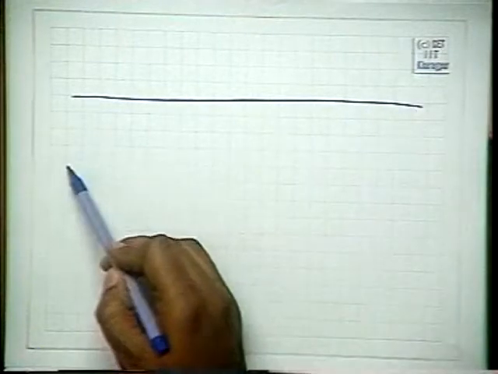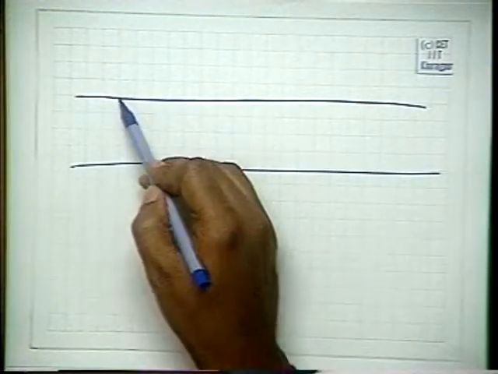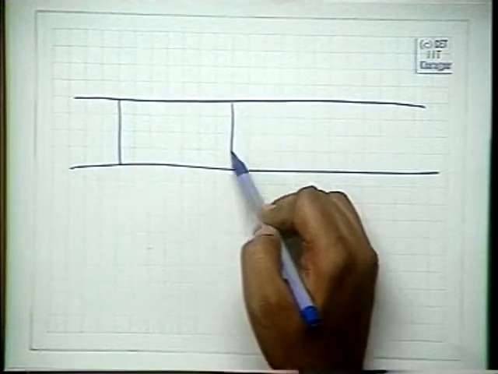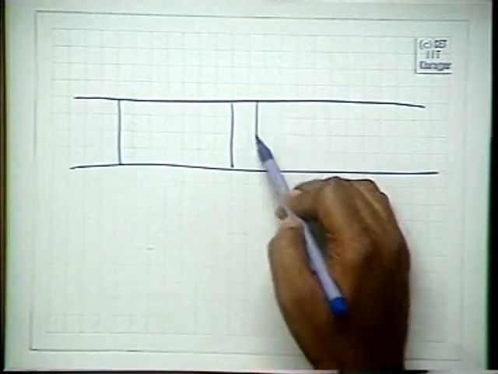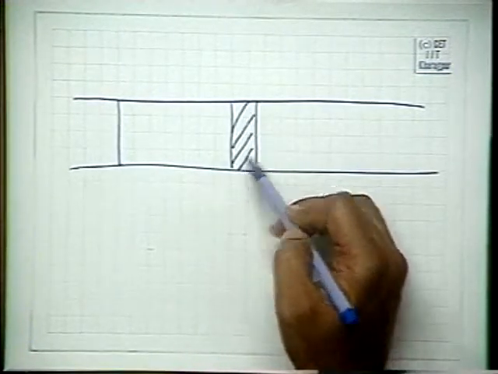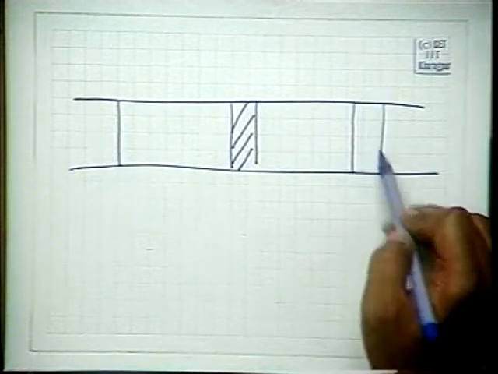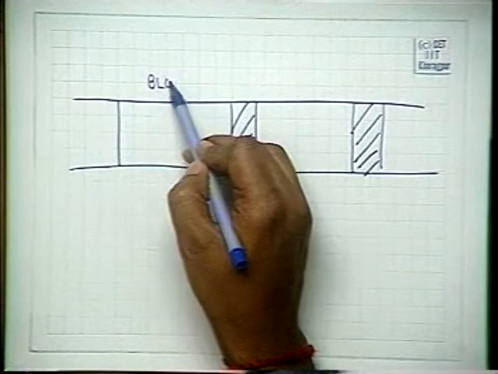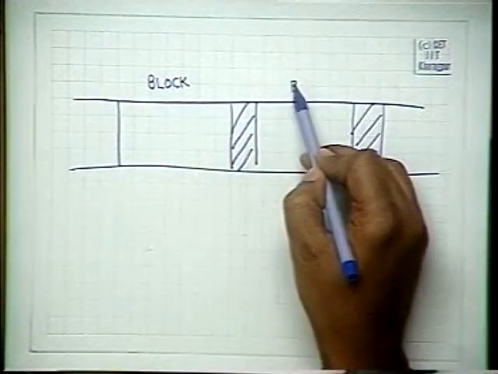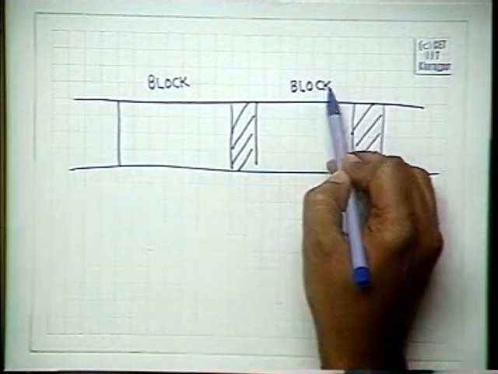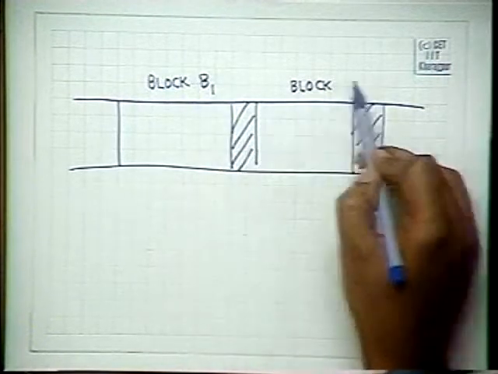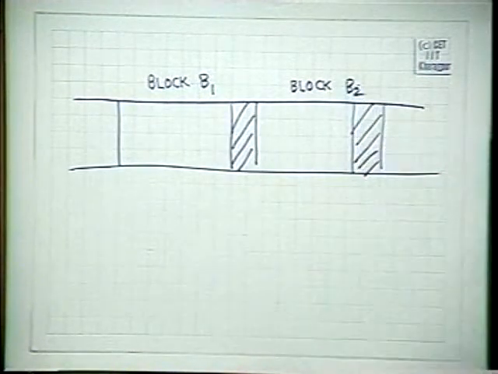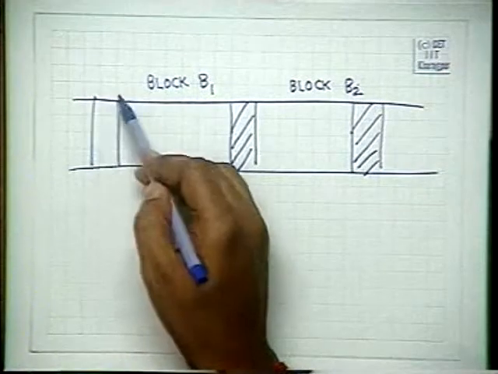So if we have a track like this, and if we have a block here, the interblock gap, another block, interblock gap. So this is a block, this is another block, this is block B1, this is block B2, and these two are interblock gaps. So I am just drawing a portion,